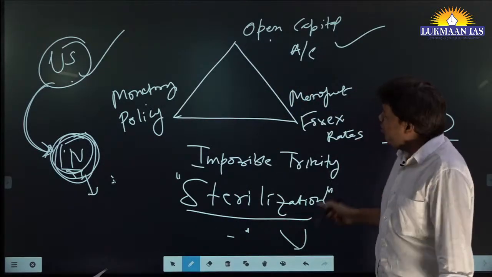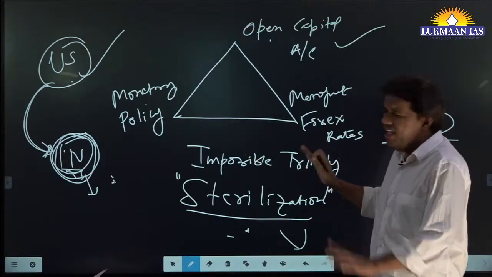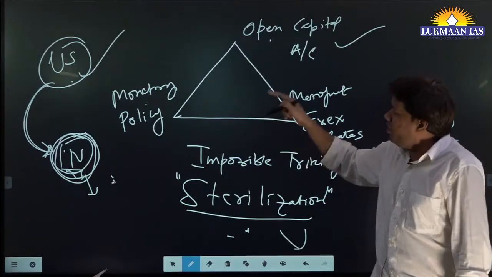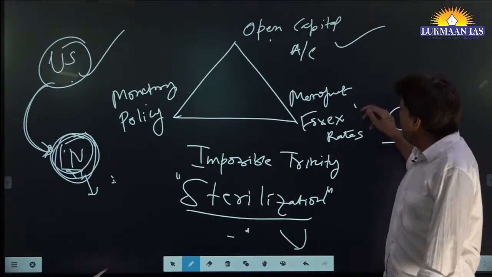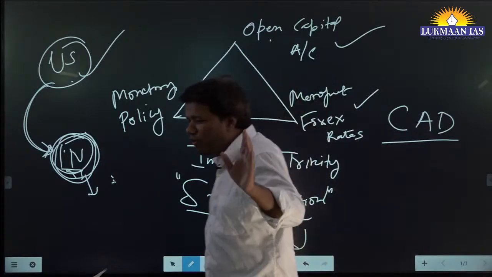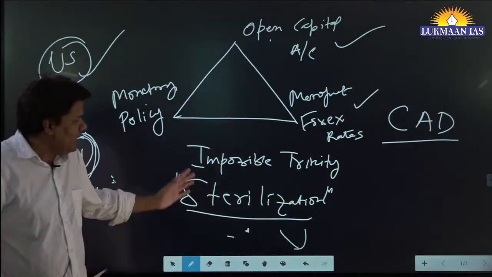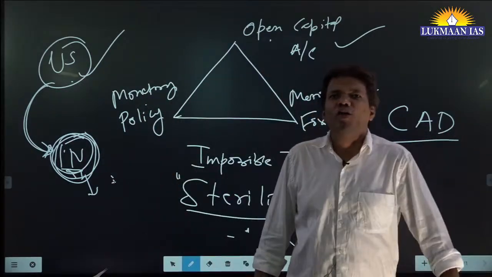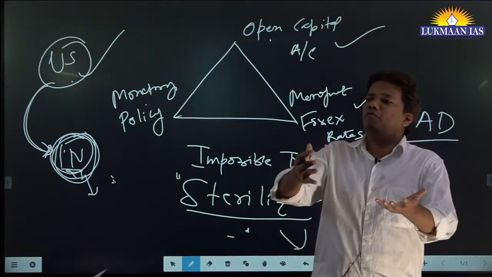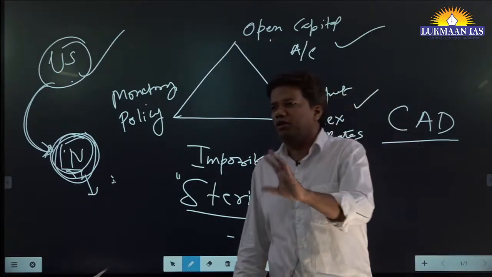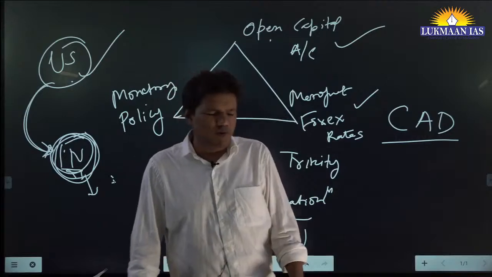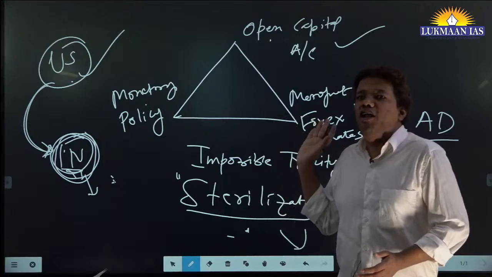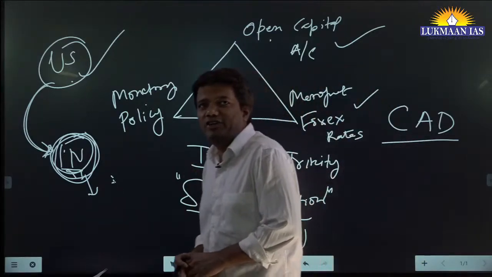See, knowing sterilization, knowing OMO, knowing the impossible trinity, these are facts. But connecting them to understand what is happening in the real world, that is the important part. Now my important question: given this scenario and your understanding of what is happening in the Indian economy, what will you recommend? Let's say maybe not now, but after 10 years, if you work hard and have good fortune and become a member of some committee, and you have to tell whether India should go for internationalization of the currency.